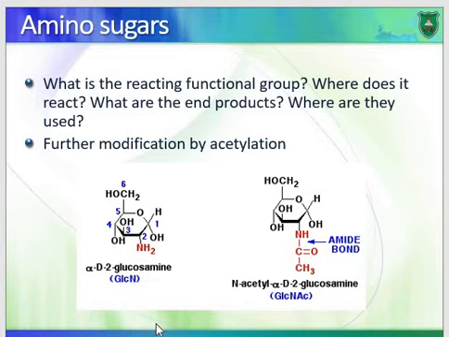The amino group on position number 2 makes the structure of this sugar different, and now it's considered as the glucosamine or 2-glucosamine. Another modification, if you look at this same sugar with the amino group, the glucosamine, now forming an amide bond with a C double bond O, CH3. So this is a 2-carbon unit, that's why it's an acetyl group. It's attached through the nitrogen, we call it N-acetyl, and then 2-glucosamine. Okay, N-acetyl glucosamine, glucosamine, N-acetyl